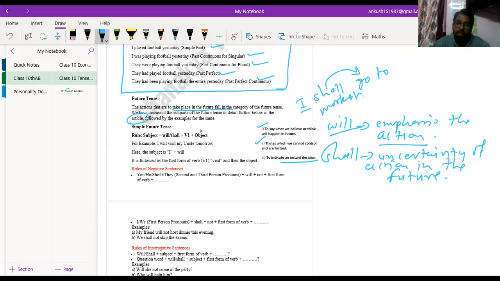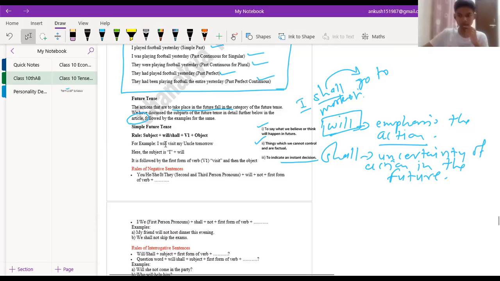It means I would go to the market. Okay. This is not pattar ki lakir, the line on the rock. I'm just telling you that whenever we use shall, it is non-emphatic on the verb, and whenever we use will, then it is an emphasis upon the action that would take place in the future. Okay, subject plus will or